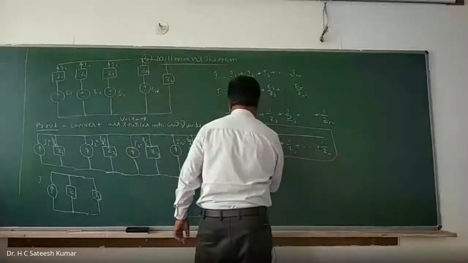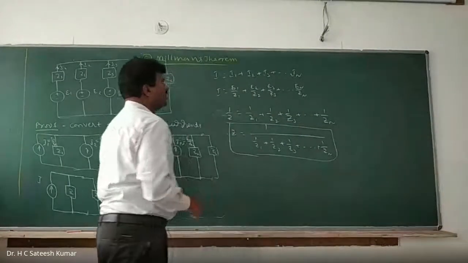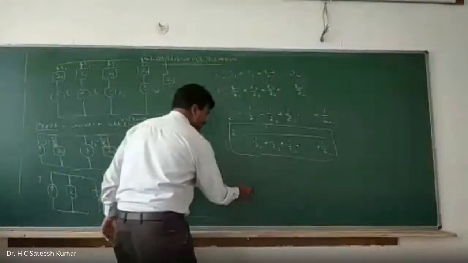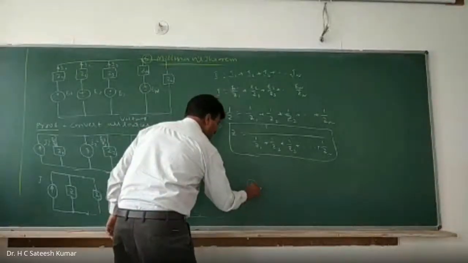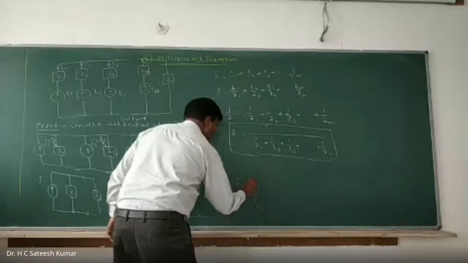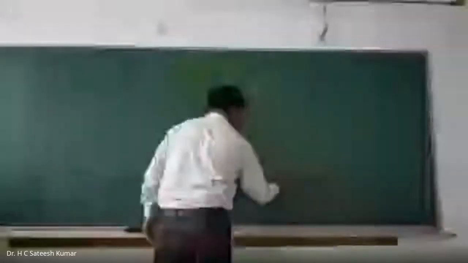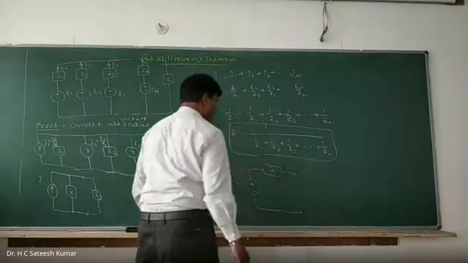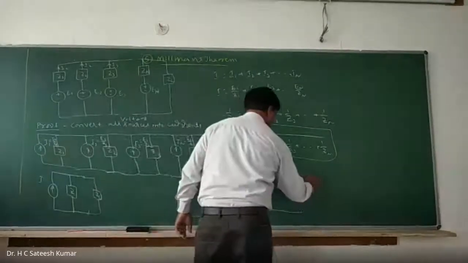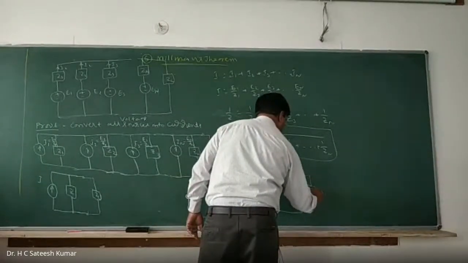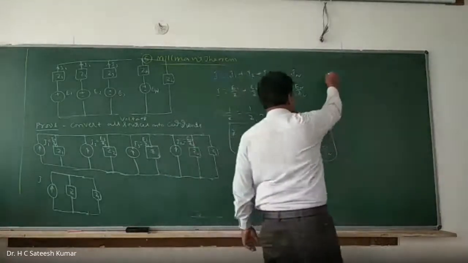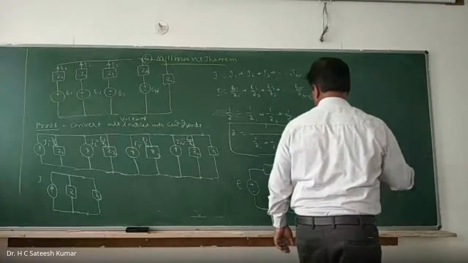Now, what is that we have? I we got it. So now you convert it into voltage source. If you are converting it into voltage source, what is that we have? A voltage source E in series with an impedance same Z, with load ZL. Okay, right. So now what is that you can write? E is equal to what?